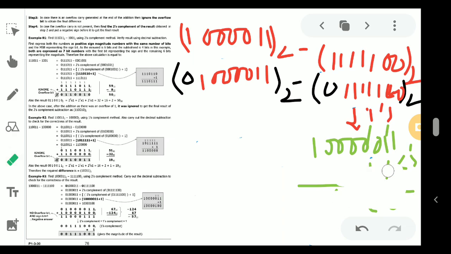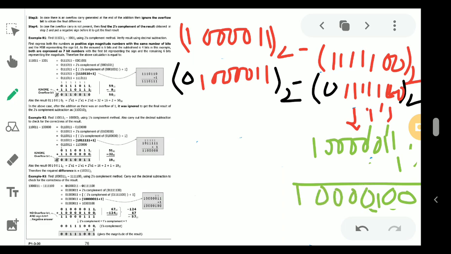And the rest of the bits, okay, I'm erasing, it is not able to be understood properly. So here I am putting the 1. 1 plus 1 is 0, carry 1. 1 plus 1 is 0, carry 1. 1. And here it is 0, 0, 0, 0, 1. So this is the 2's complement of the second digit. And then what you have to do? We have to just add the numbers.